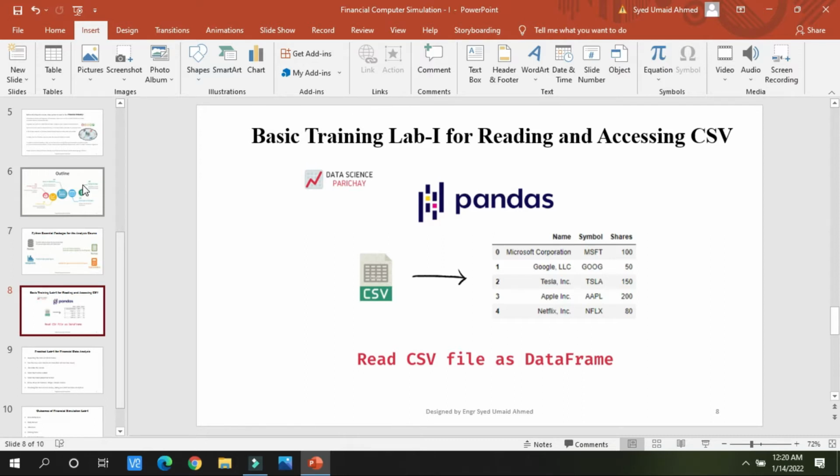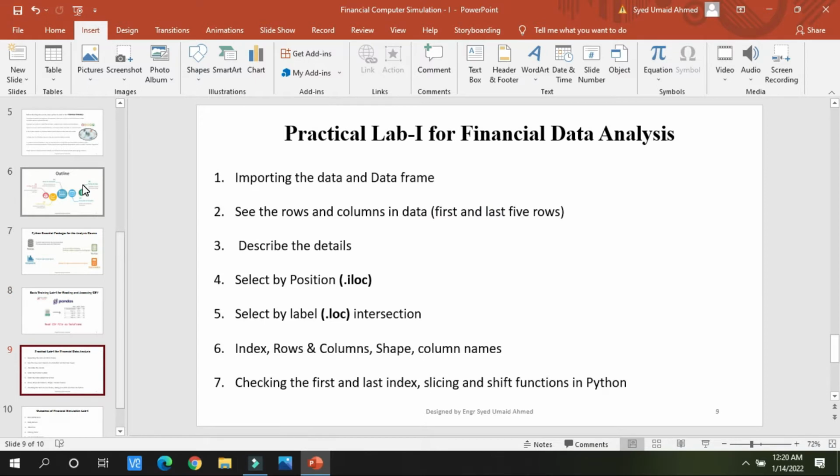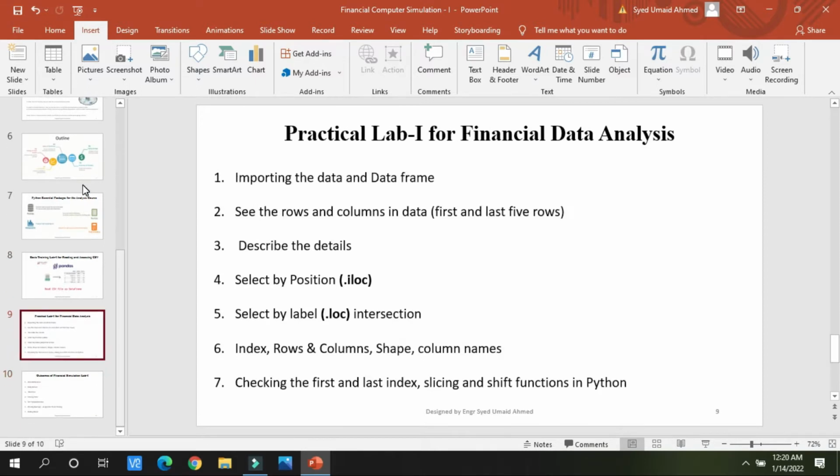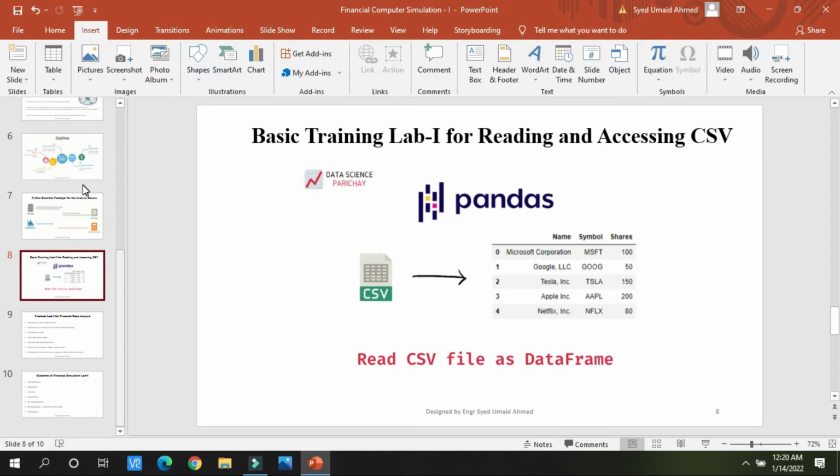I have also written the outcomes of this practical lab and what we are going to learn. But this is about live coding. This class is basically linked to live coding. Everything will be performed in front of you, and we will be doing live practical. If there is an error, we will solve the errors at the same time. So if you don't have anything with you, don't worry, just take the laptop and we will set up everything from the start. So let me start.